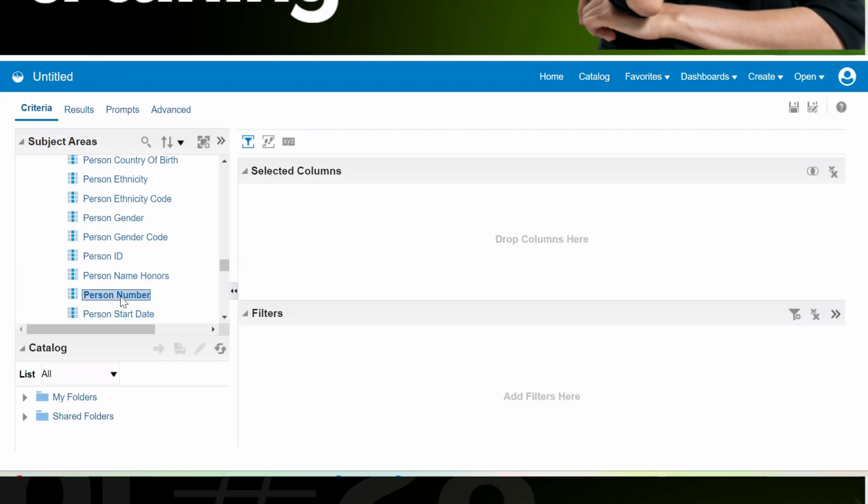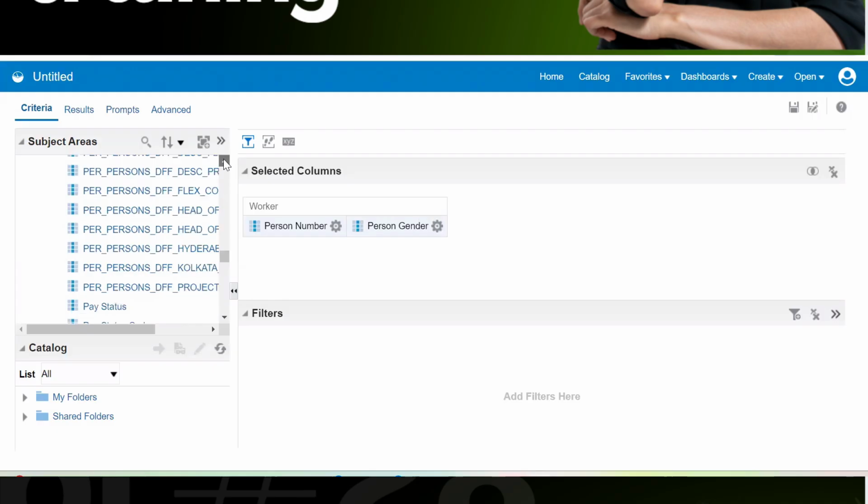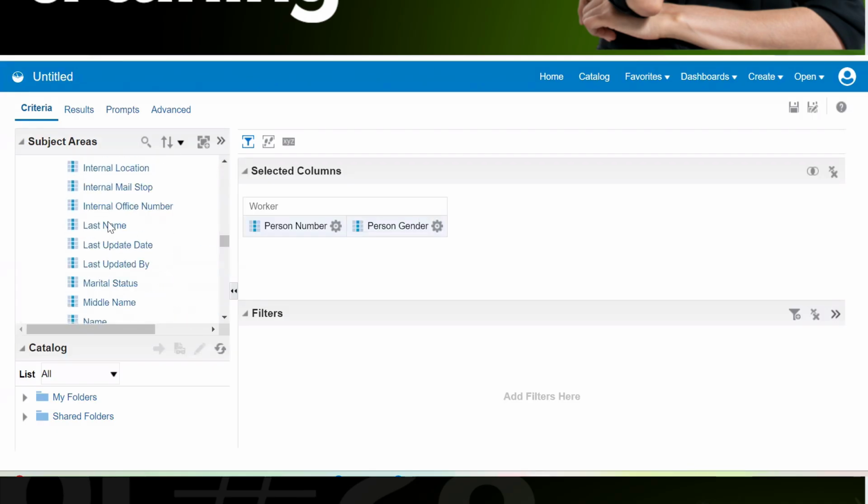I want the person number. I want the gender for the person. I want the last name of the person, marital status of the person.